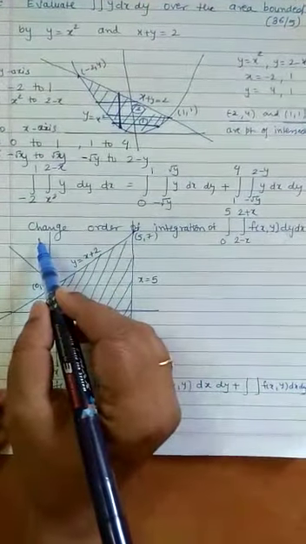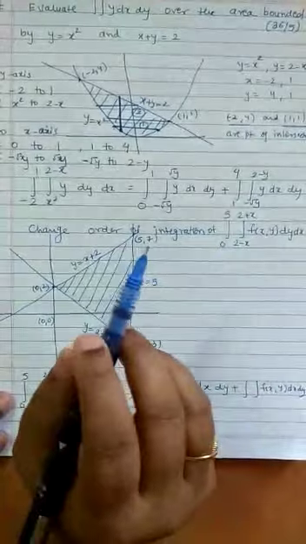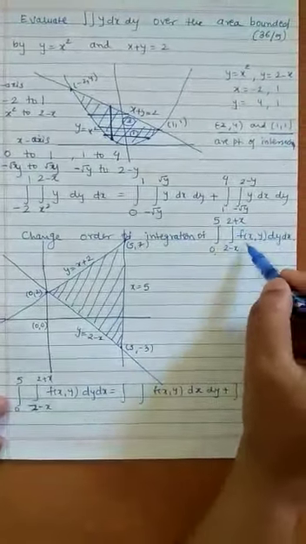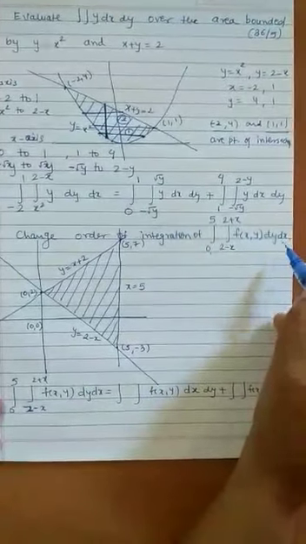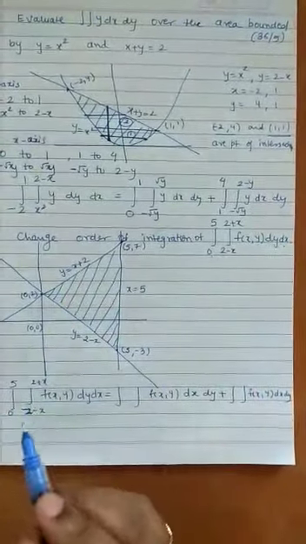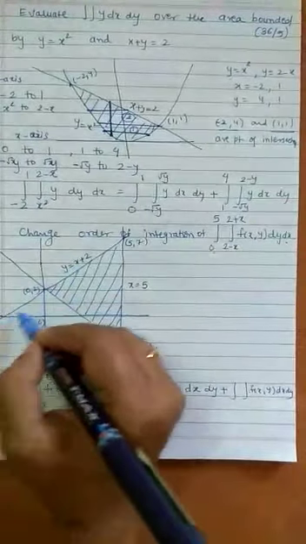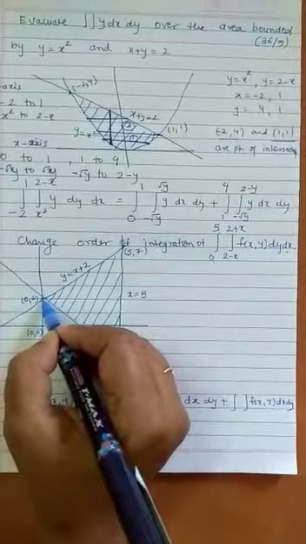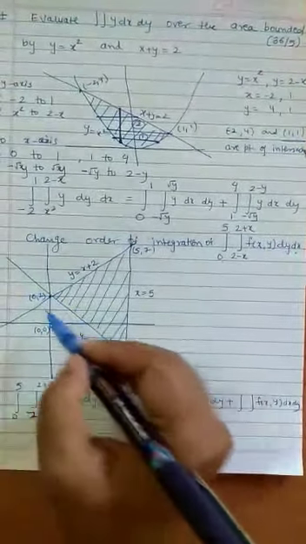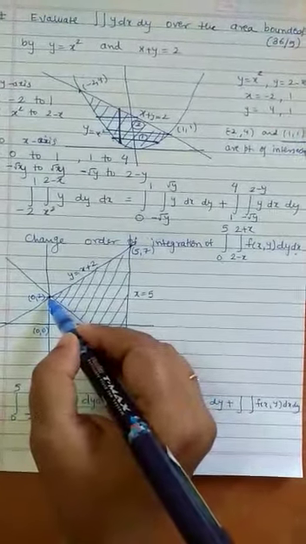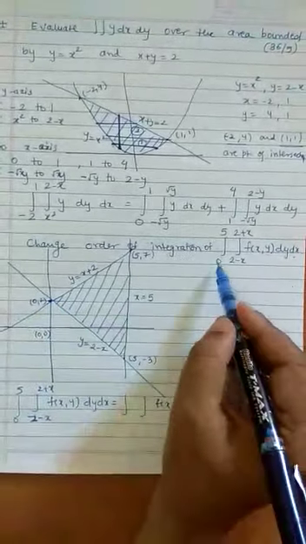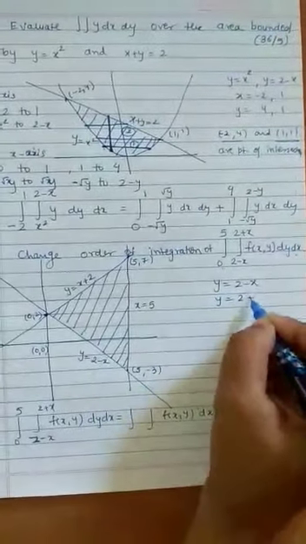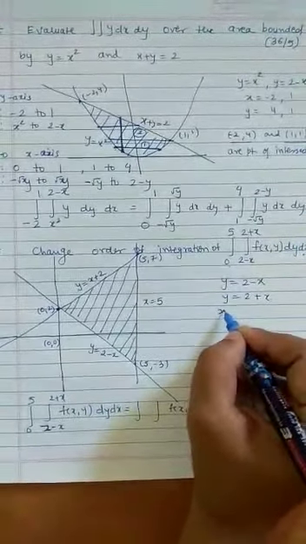Fine. I am taking another example again to change the order of integration. Given that this is 0 to 5, 2 minus x to 2 plus x, f of xy dy dx. I have traced these curves. Y is x plus 2. That means this is the line intersecting the x-axis at 0 and the y-axis at 0, 2. Another line again intersecting the y-axis at 0, 2. And what we have is y is 2 minus x, y is 2 plus x, x is 0